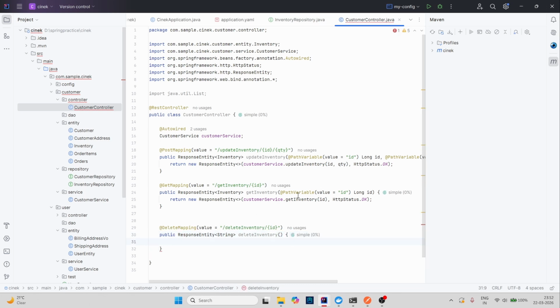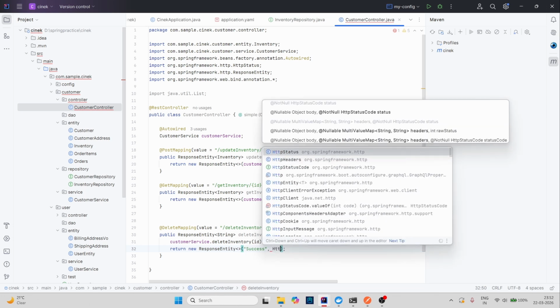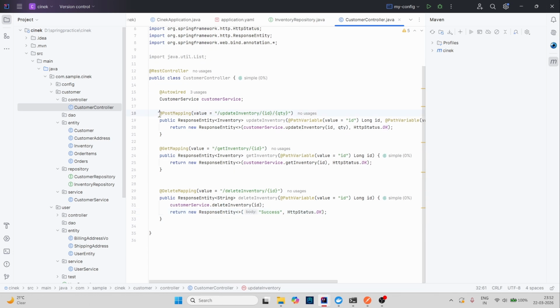So what I will do here is I will copy this path variable and paste it here. And I will simply call this method to delete and return the success. Okay. So what I need to do here is success, then HTTP status OK. So these three endpoints I have created,